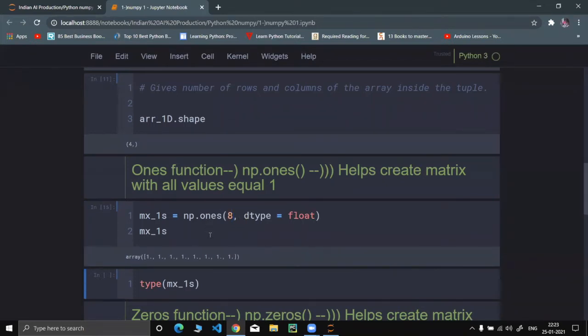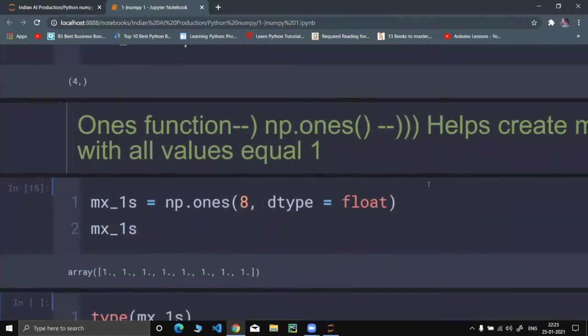Now count: 1, 2, 3, 4, 5, 6, 7, 8. This informs NumPy that we want only 8 elements, or it might be any n number of elements. Suppose I put 10 over here. Still it will work.